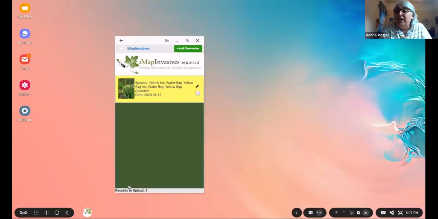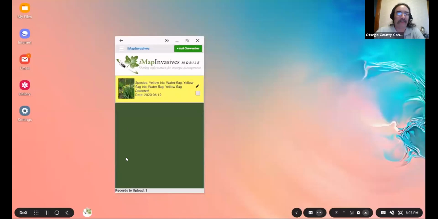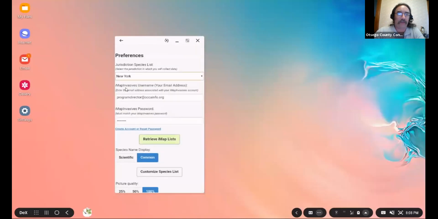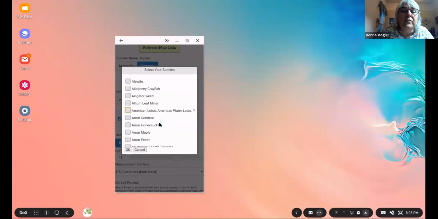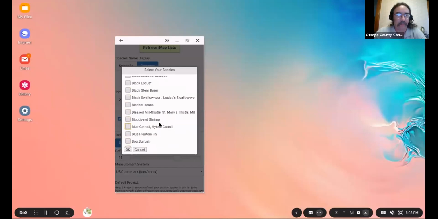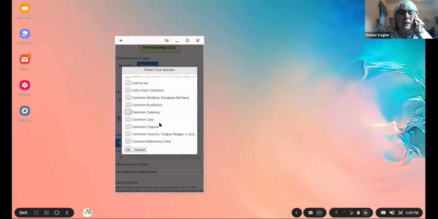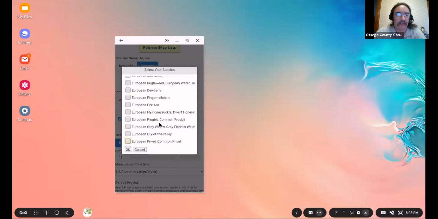Okay. Don't forget the fake species. Yes, we will do fake species. So if we go back to our preferences and we go to our customized species list, I believe is where we want to do this. I'm not sure how I navigate through this now. Oh, yeah, I'd have to do this, because on the mobile you can't write F for fake species and it gets you there. Right.